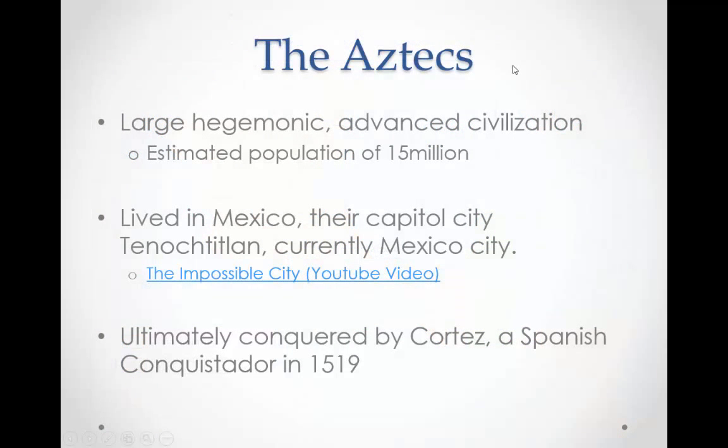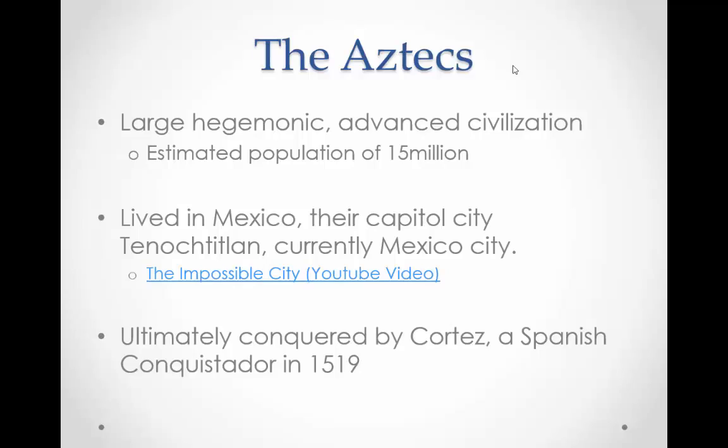The Aztecs, again, which were located in central Mexico, were a large hegemonic group, and they were an extremely advanced group, as I was just mentioning. Their estimated population was around 15 million people, and their capital city is really a beautiful example of the type of technological feats that these people were actually capable of.